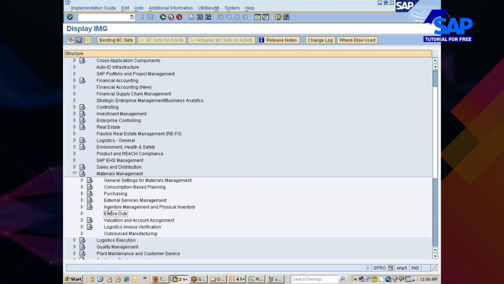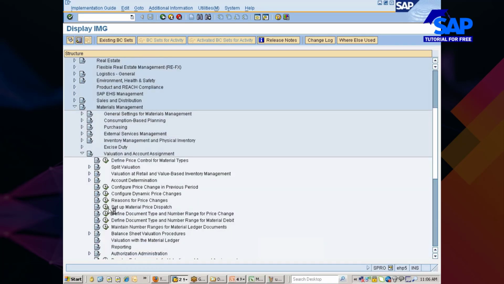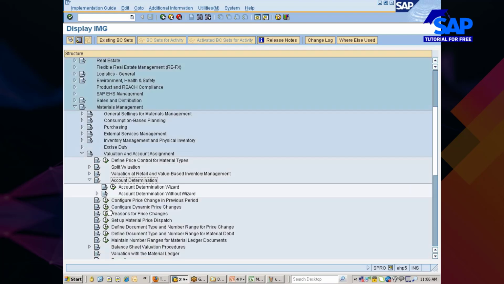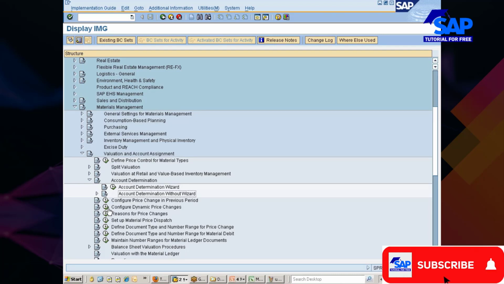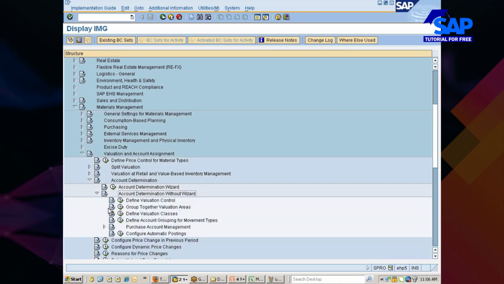You see here there is something called valuation and account assignment. You have to go to this place. Here you see there is something called account determination. Once you are here, you have got 2 options. One is account determination without wizard, second one is with wizard. For actual real time working, you should go with without wizard. For practice purpose, for understanding, I'll just show you